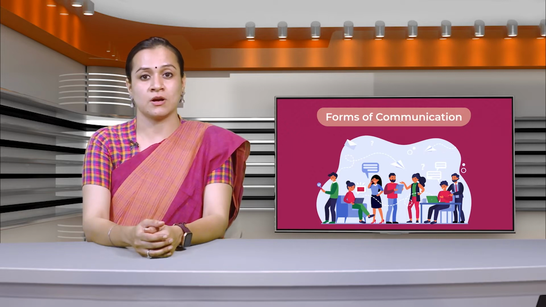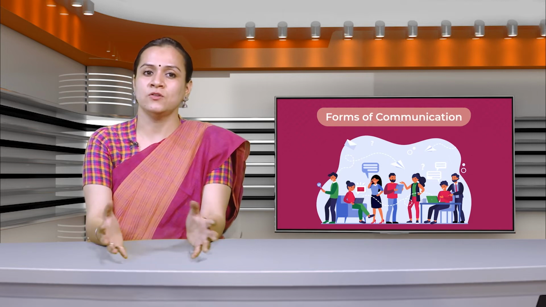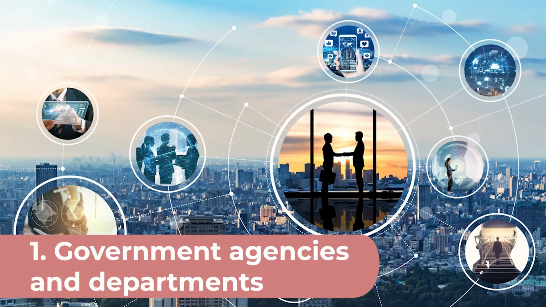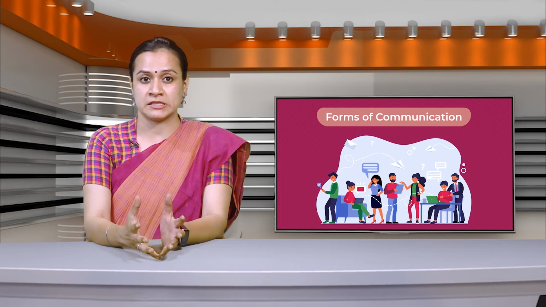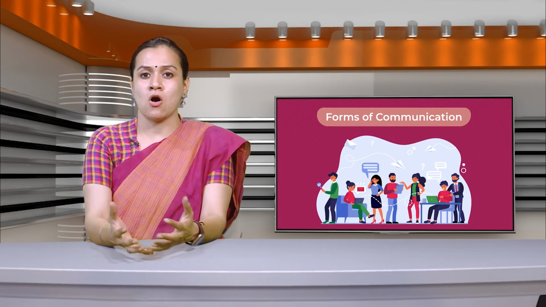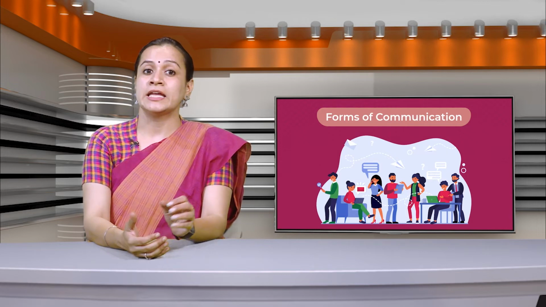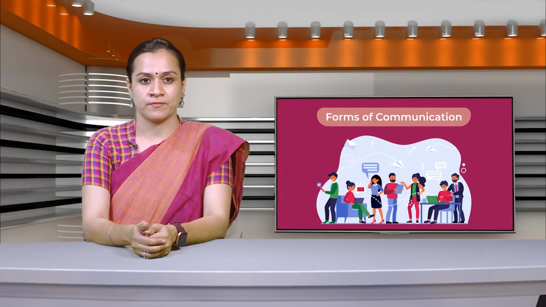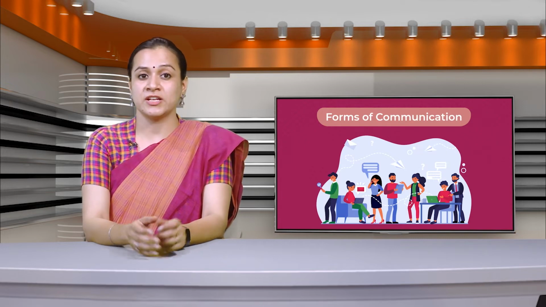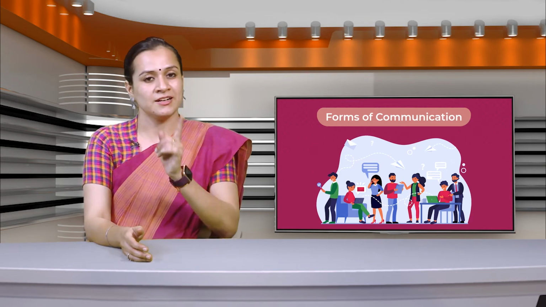External communication includes communication with the government agencies and departments on the one hand, and distributors, retailers, individual customers and the general public on the other hand. First, government agencies and departments: business organizations are required to deal with licensing authorities, foreign trade offices, customs authorities, banks and other financial institutions, income tax and sales tax offices, post offices, transporters, etc. Quite frequently, they find themselves in tricky situations that can be handled only through tactful negotiation and nothing but communication.